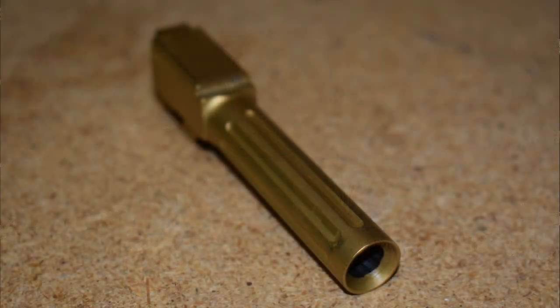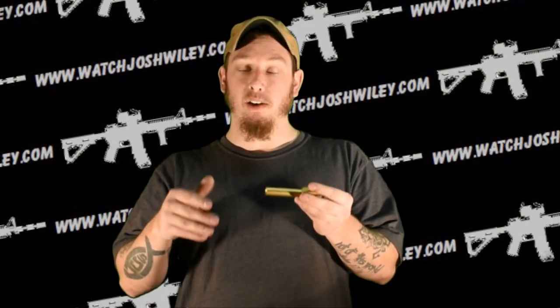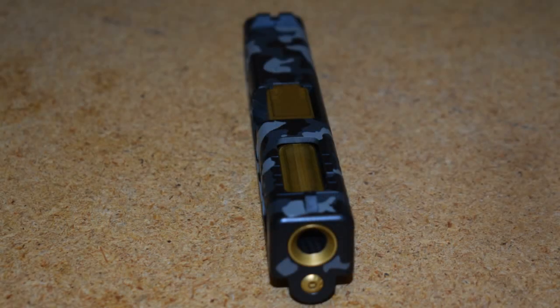Today we're going to go over all the stuff that went on with this custom Glock 19 slide. Now this is a regular stock Glock 19 barrel. I did all the machine work on this. I shortened it so it was flush with the end of the pistol slide, and I put the chamfer in there. And then once I got all that done, I took it over to the mill and cut these flutes in here. And then once I got all the machine work done, I sent this thing out to California to